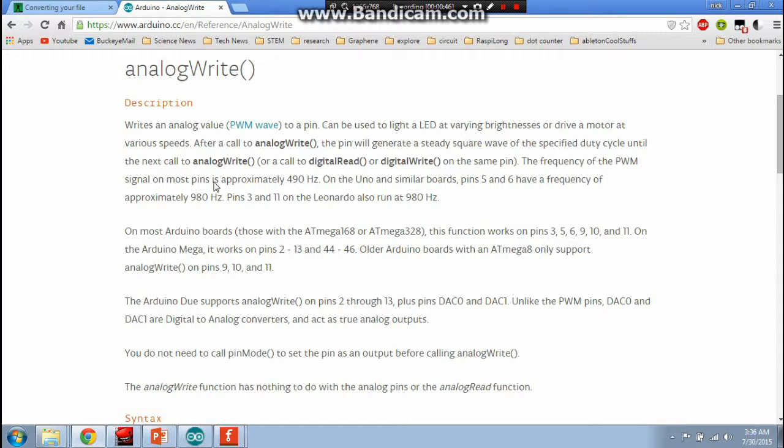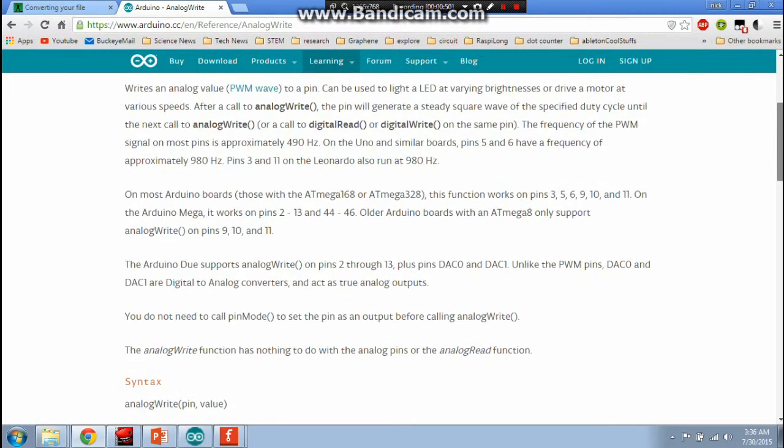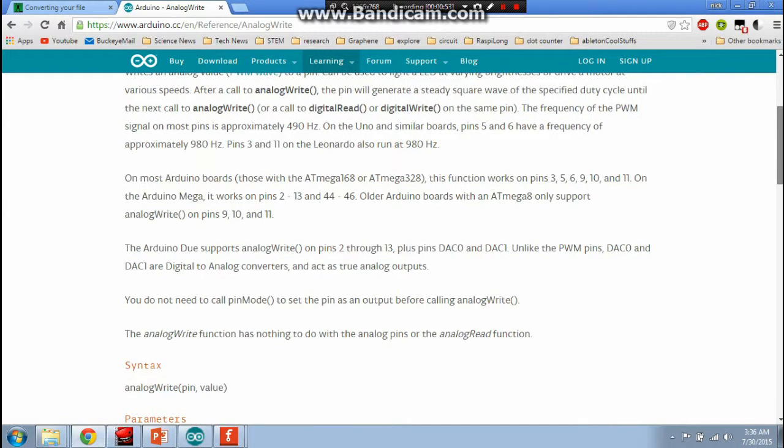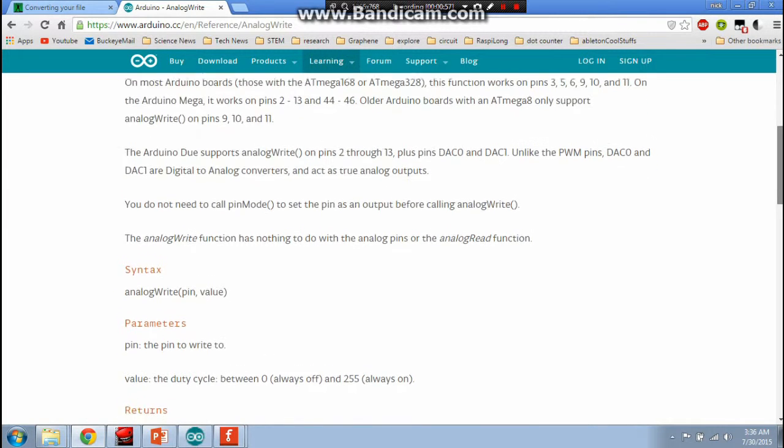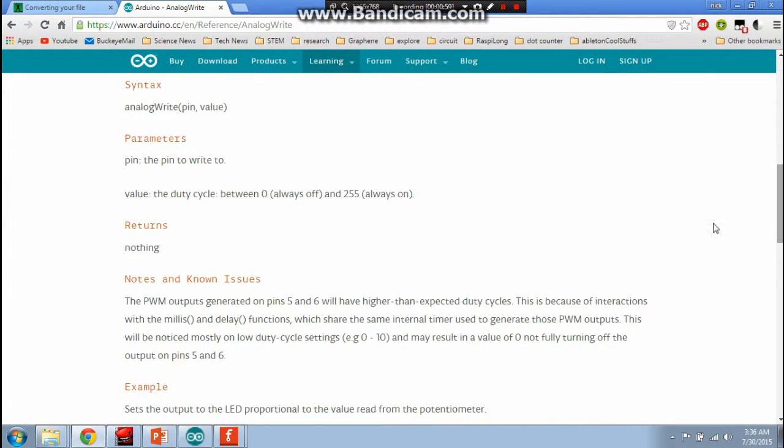The frequency of the PWM is approximately 490 hertz. Okay, so this is good. So let's get some of the data that we need right now. Syntax, the pin, and the value is all we need to send to this analog write. And the pin is important